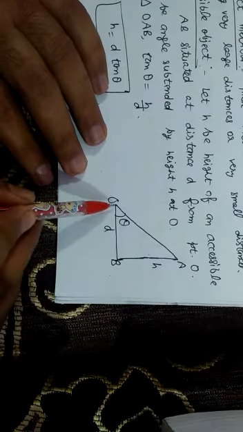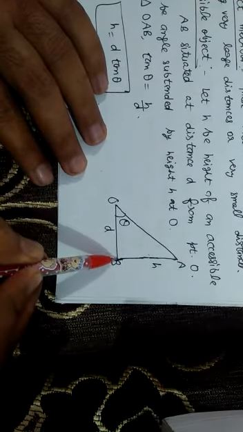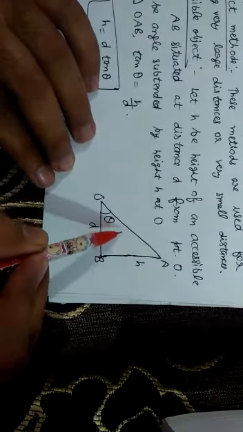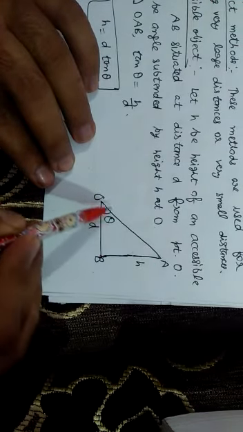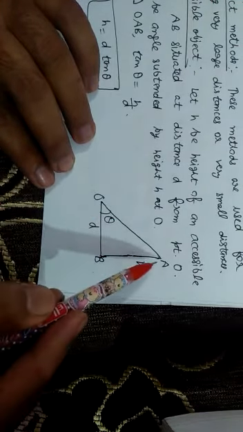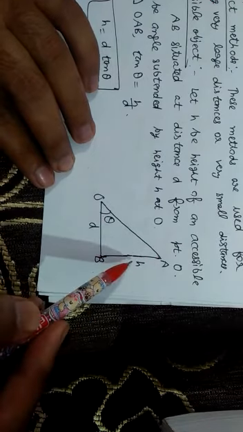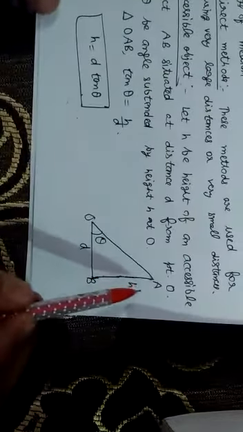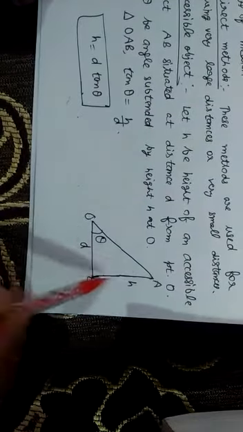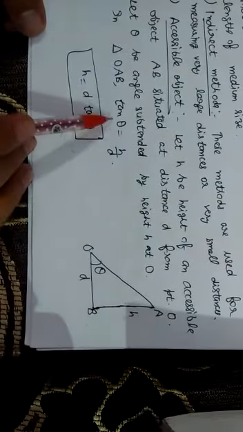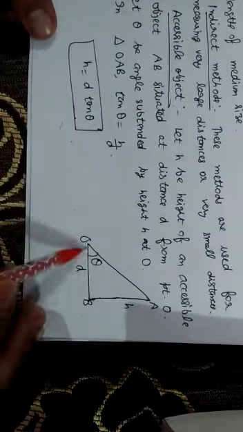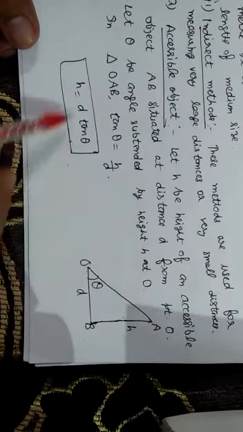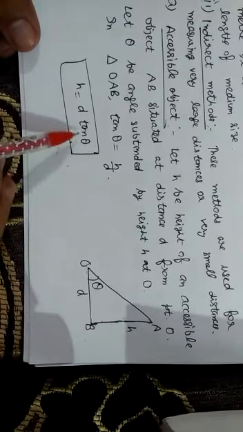Suppose that the distance from the base of the tree and point of observation is D. At top of the tree, we make angle theta with the point O. Let height of tree is h. Here we want to find out height of the tree. Then in right angle triangle OB and A, apply formula for tan theta, perpendicular upon base, or h over d. From here we easily can find out h is equal to d times tan theta.